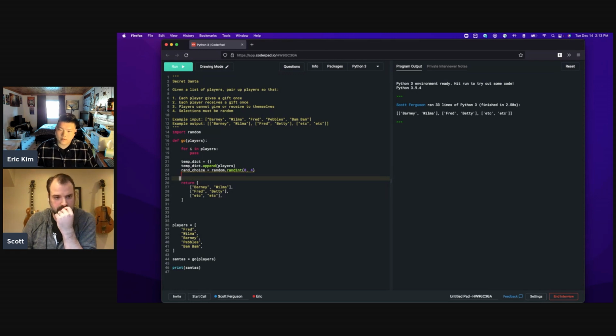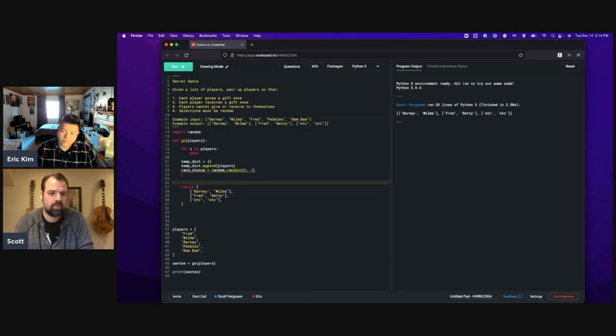So we have them as a dictionary, and we are looping through that. We've appended it to a dictionary, and now we just need to assign the player to a number. So I guess we could, can we do something like, within the dictionary, a specific index from the dictionary gets assigned to